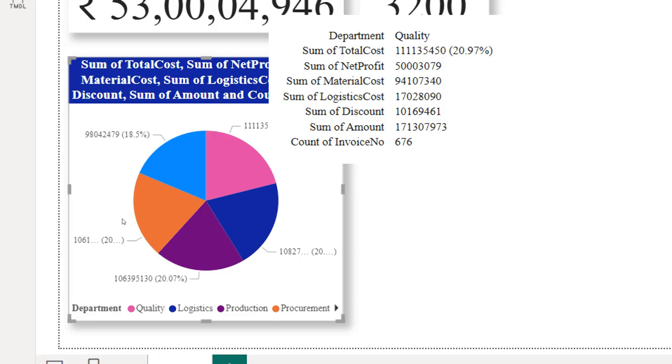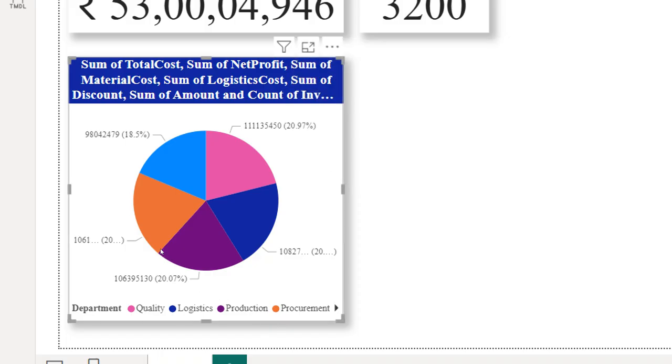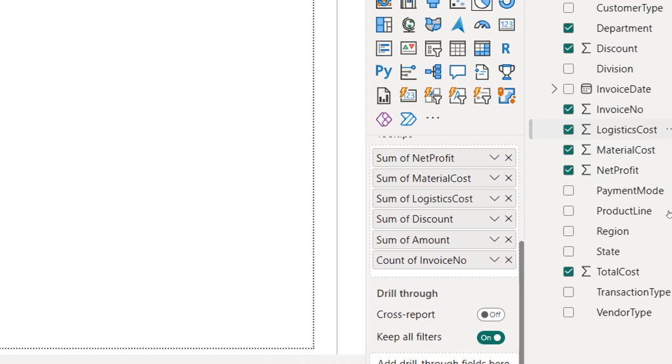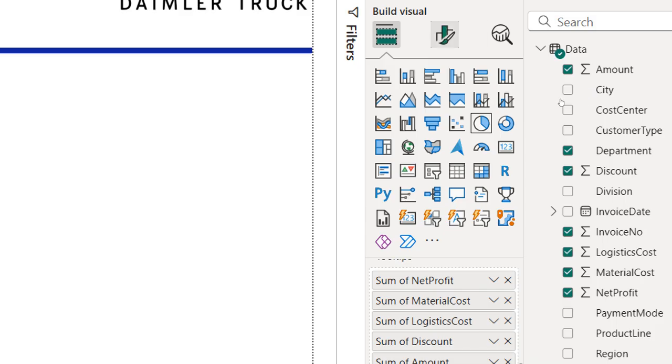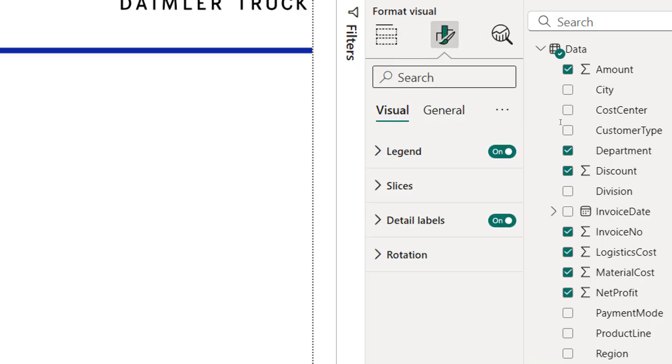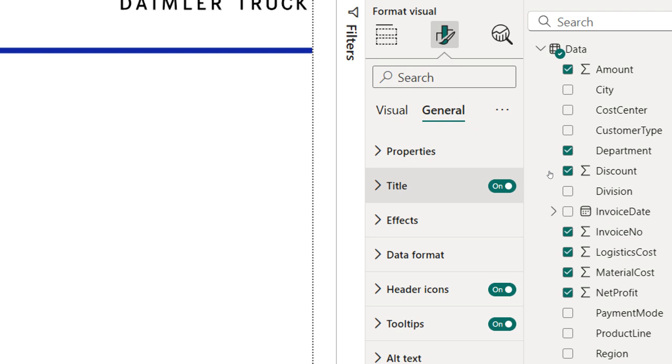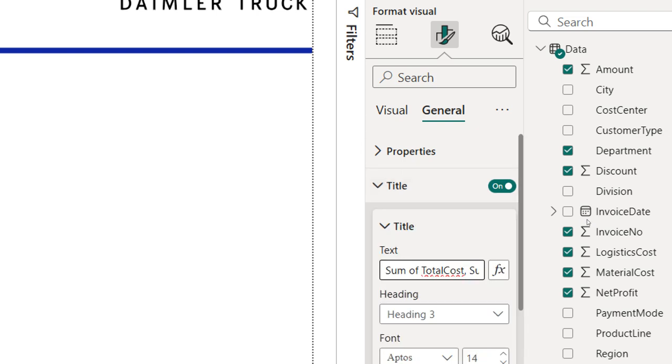First select the pie chart. Go to format your visual, general, title. It's giving a very big title. I don't like this title. Let us simplify the title. It's sum of total cost by department wise. So let us select sum of total cost by department. So I modified my title. Manually I typed the title, or I deleted the unwanted part, and I got a title here: sum of total cost by department wise. This is the title for the chart. Then